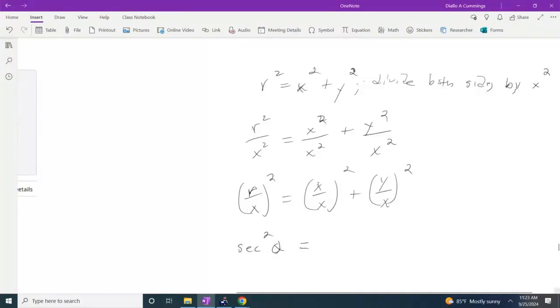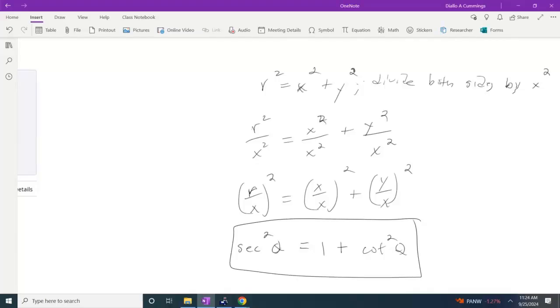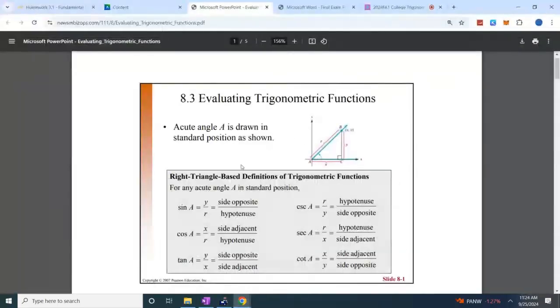That's equal to, well, anything over itself is 1. So x over x is 1. 1 squared is 1. Plus y over x is the cotangent. So we have plus cotangent squared theta. And this is our next relationship. All right, secant squared theta is equal to 1 plus cotangent squared theta. So if you'll notice, this is the next